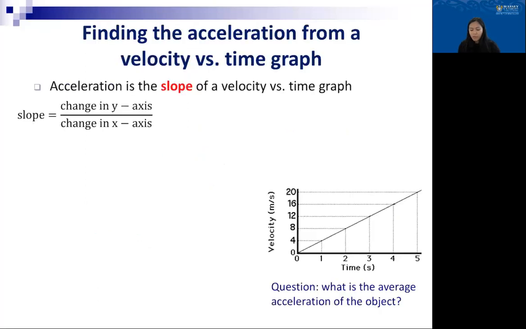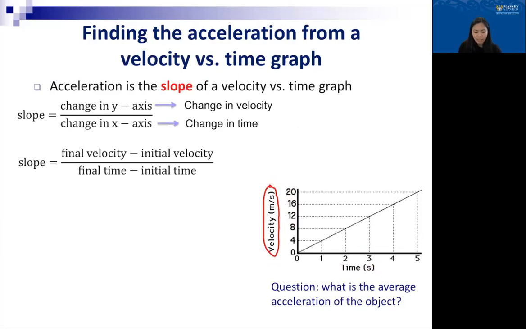Okay. Right now, if we're given a velocity versus time graph, so what we've looked at so far is displacement or position versus time graph. Now, if you're given a velocity versus time graph, y-axis is velocity, the slope of this graph will now give you acceleration. The slope again is change in y divided by change in x. If we look at this graph, the change in y is actually the change in velocity, because your y-axis is velocity, and change in x is change in time,